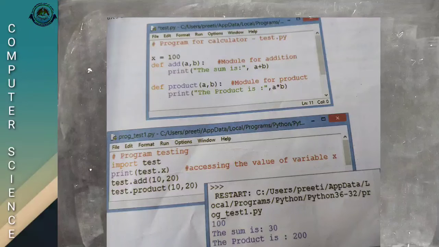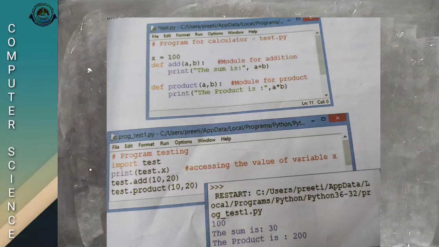Kindly look into this image, the program for calculator. That program name is test.py. The extension is py, the Python programming language extension.